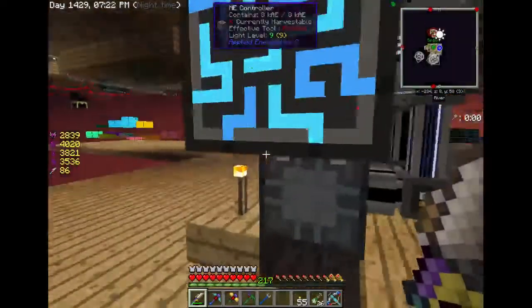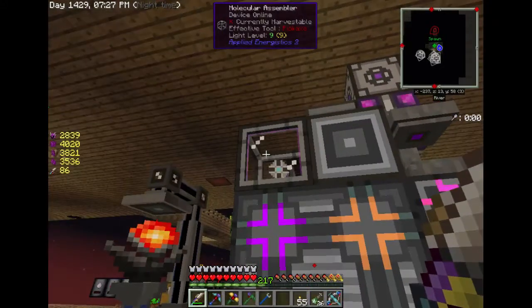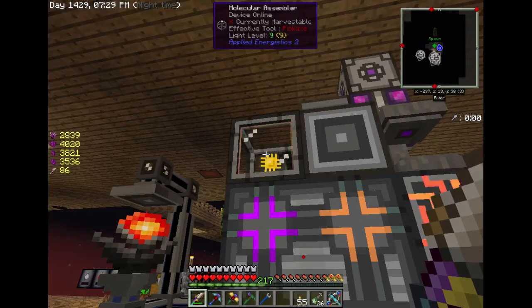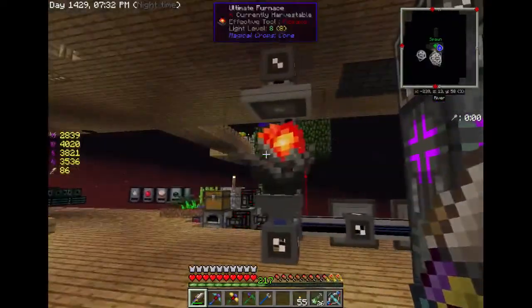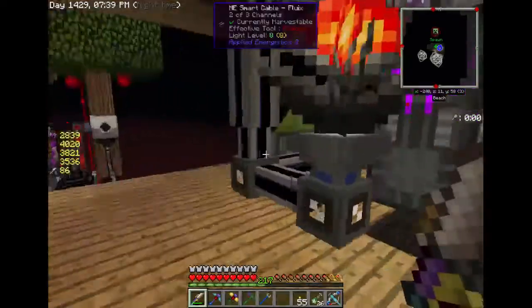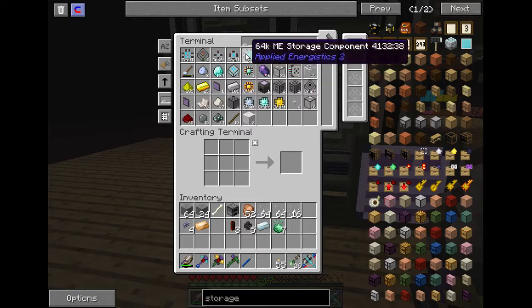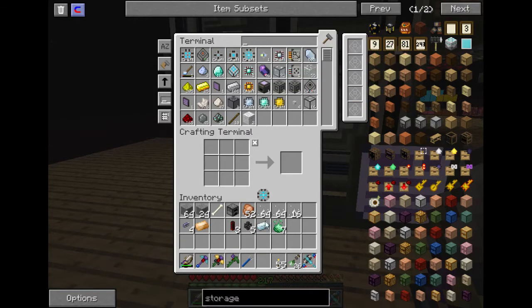We should be able to sit here and watch it make all these little items and stuff. Yep, it's creating the parts. Let's look at our furnace. I don't even know if it's done yet. It is finished. Wow, okay. It totally finished. So I'm going to pull that out, and then we need a